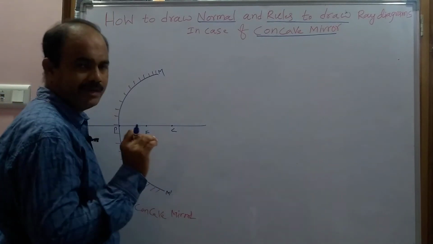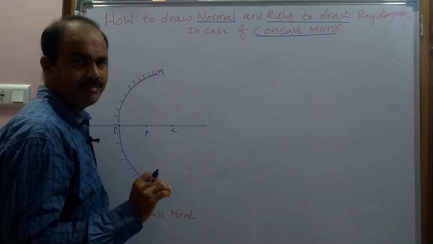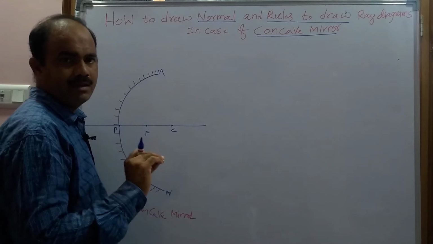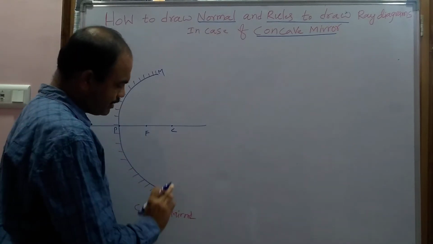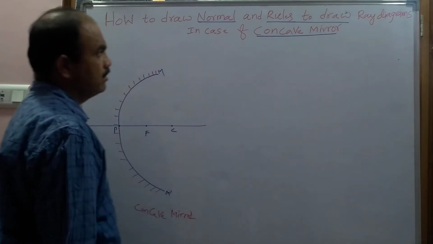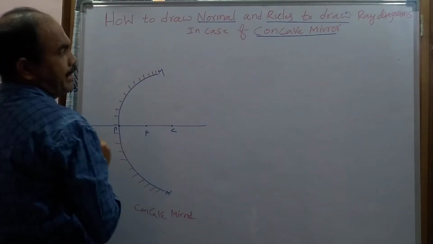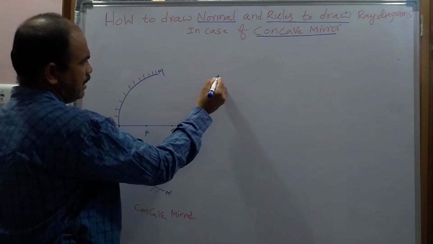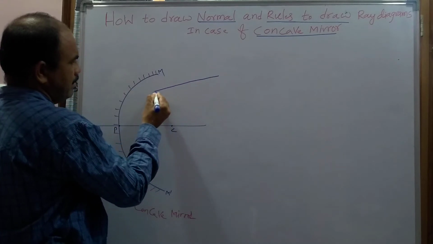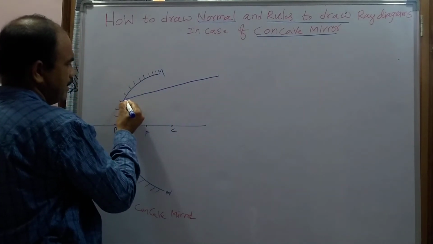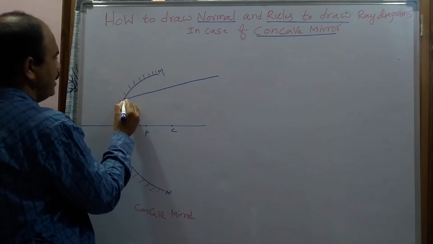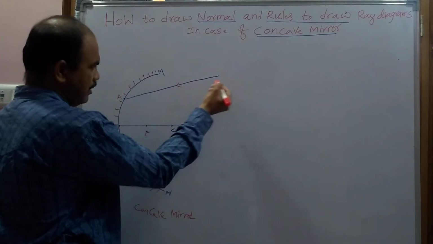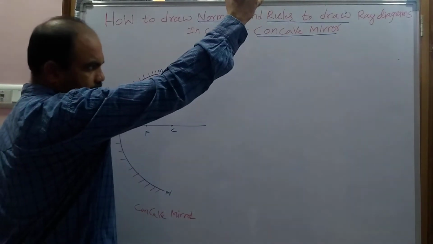Then only can we find the angle of incidence and angle of reflection. Otherwise, we can't draw the diagrams, or find where the image is formed in the case of the concave mirror and convex mirror. First of all, I am taking an incident ray which is coming in any direction. For example, consider this a light ray. This light ray is coming in a particular direction and is incident on the concave mirror at a point, which we consider as A. Now this ray will be called the incident ray. This incident ray is coming from an object. The object is somewhere.